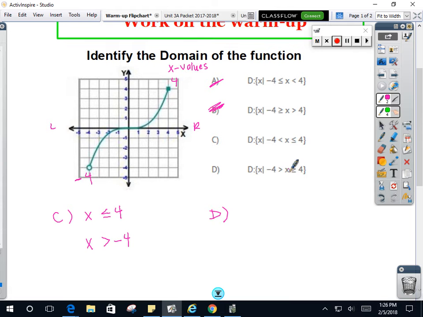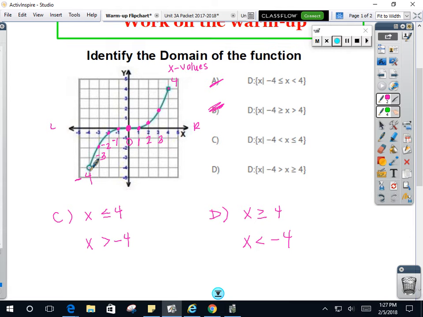So when I rewrite D, it'll be x is greater than or equal to 4 and x is less than -4. Now, x represents the graph. It represents every point on this graph. So like this point would have an x value of 0, just an x value. This point would have an x value of 1. This point would have an x value of 2. This point would have an x value of 3, and this point would have an x value of 4. Then this point would have an x value of -2. This one would have an x value of -3, and this one has a value of -4, but